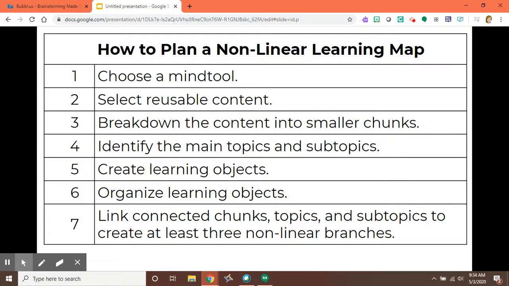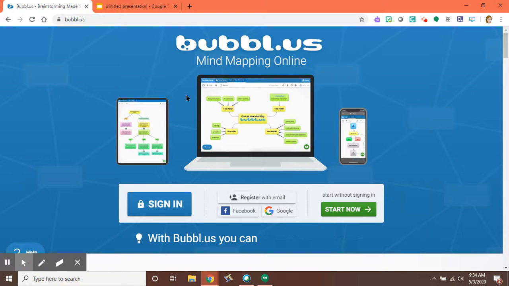In today's video, I'm going to be showing you guys how to plan a non-linear learning map. There are 7 steps that you'll need to follow in order to do this. Number 1, you will need to choose a mind tool. For this example, we are going to use the one called bubble.us, but there are many other ones available for